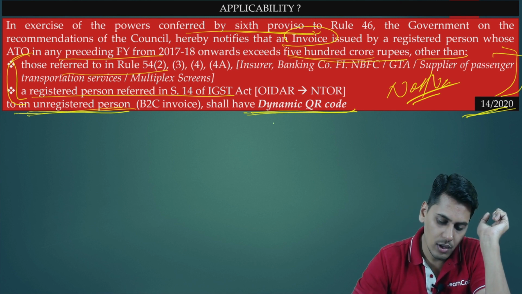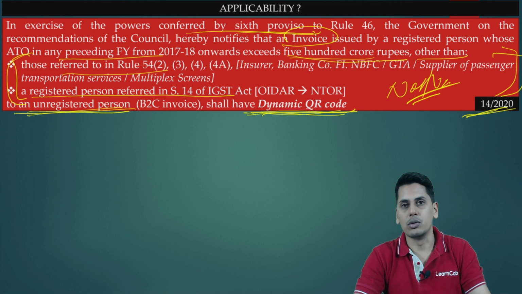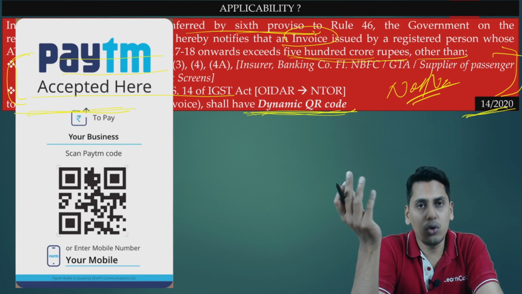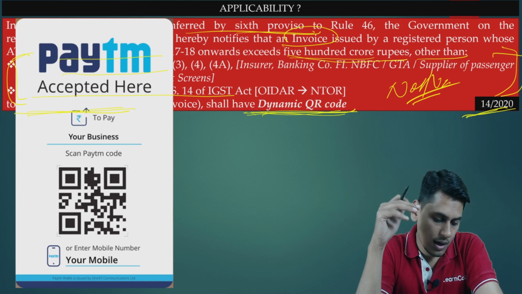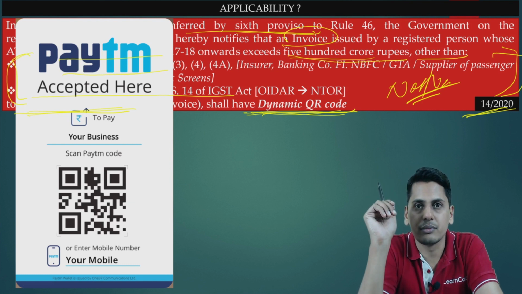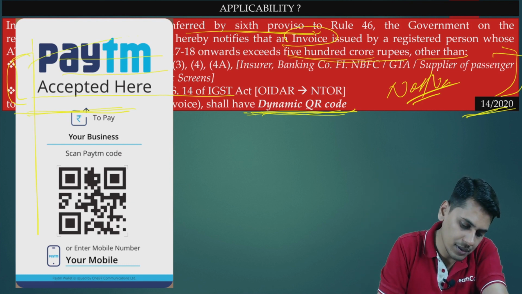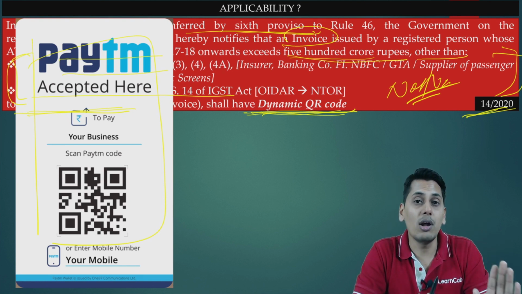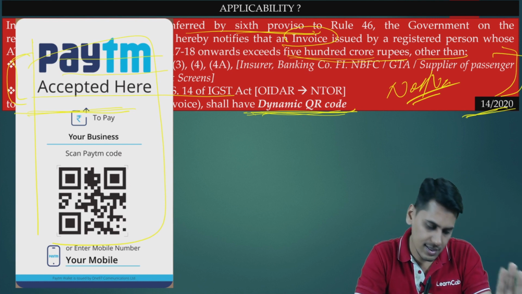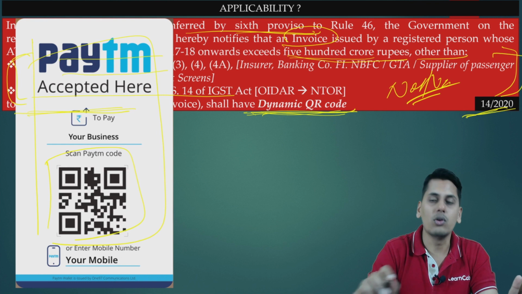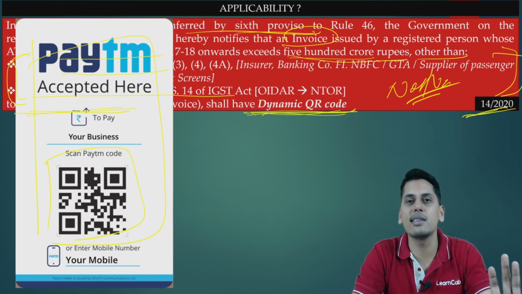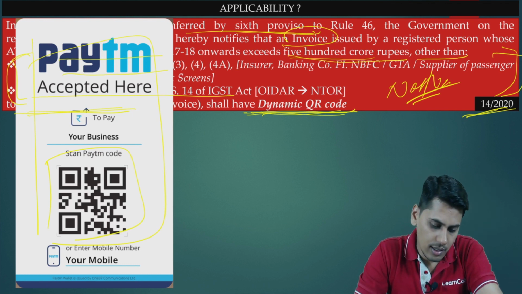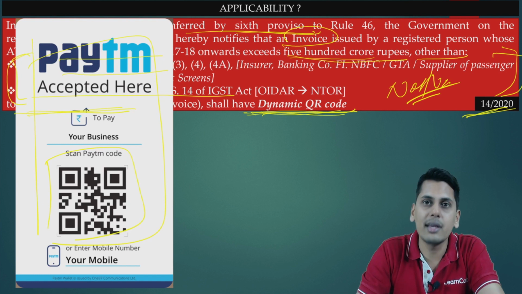Now friends, first of all, what is a dynamic QR code? You might have seen a QR code. Let's suppose you go to a mall, you go to a shop, and after you complete the shopping, you want to make a payment. There, while making a payment, on the billing desk, you might see a small poster or a small pamphlet which is stuck, carrying a QR code. Whatever is the bill amount, you can just scan this QR code and you can make the payment. Now friends, is this a dynamic QR code?